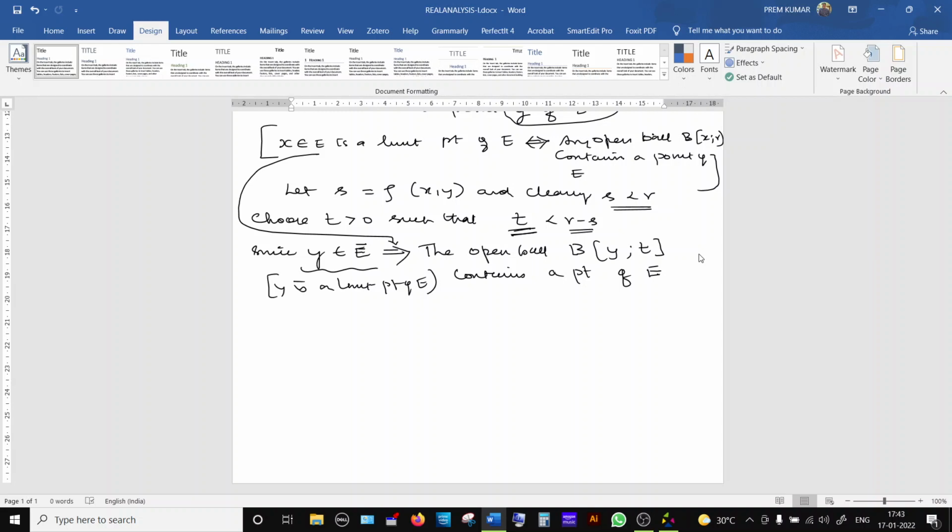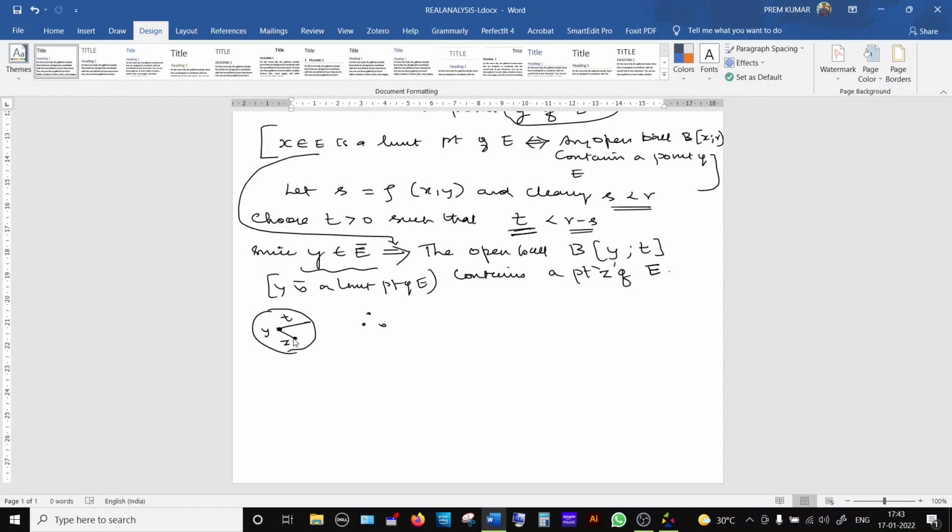To show which is the point, that arbitrary point, I am going to put it as the point. Already we used x, y, so now z, point z of E. Therefore, this point z is inside this open ball. You construct this open ball whose center is y, radius is t. We have just now shown that this point z, which belongs to E, is inside this open ball here. This open ball contains a point z of E.